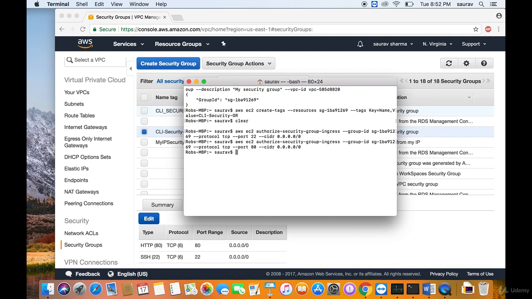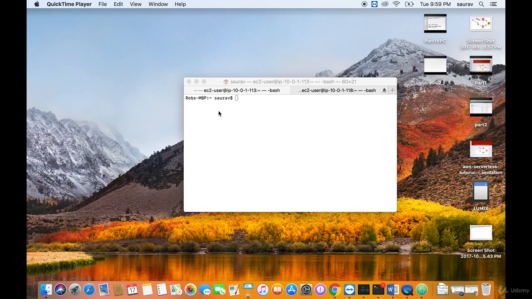Okay, so what we need to do now is to create a key pair so that we can launch an instance. We will need a key pair to be able to log in or SSH into our EC2 instance that we will be creating very soon. So the command to create a simple key pair is AWS EC2 create-key-pair